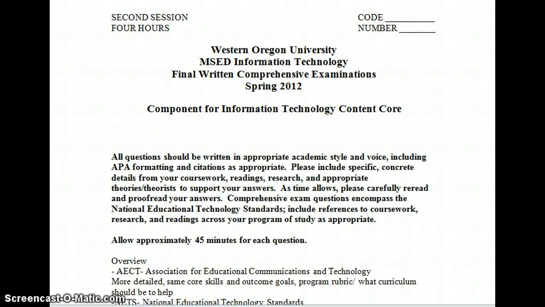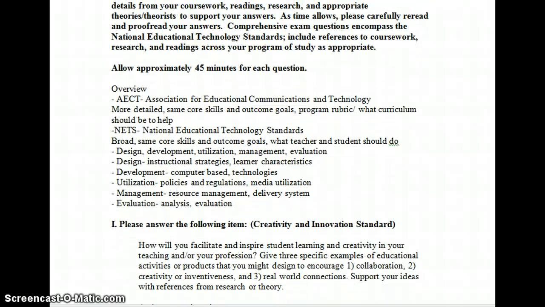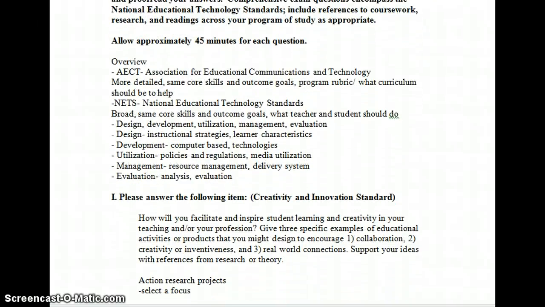Session 2, question number 1. Before question number 1, an overview. The overview is